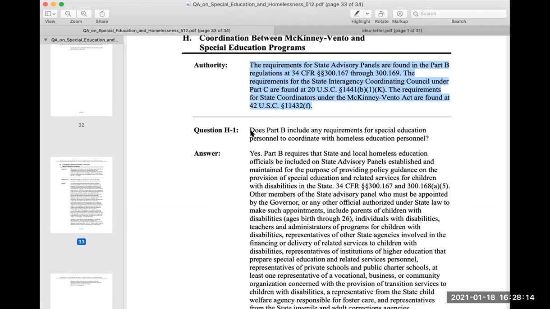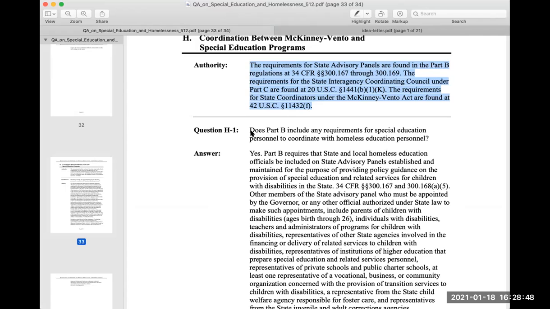11432(f). Does Part B include any requirements for special education personnel to coordinate with homeless education personnel? Yes. Part B requires that state and local homeless education officials be included on state advisory panels established and maintained for the purpose of providing policy guidance on the provision of special education and related services for children with disabilities in the state. 34 CFR paragraph 300.167 and